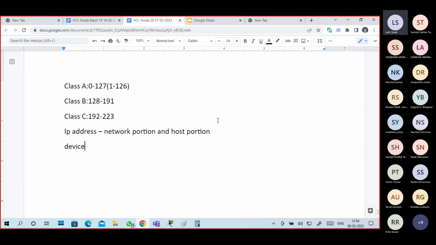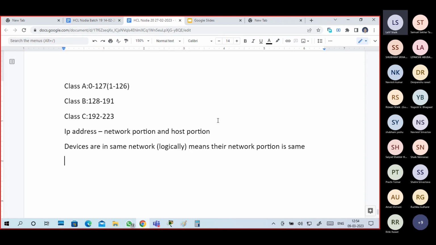The devices are in the same network. Same network means logically same network. Logically same network means their network portion is the same,